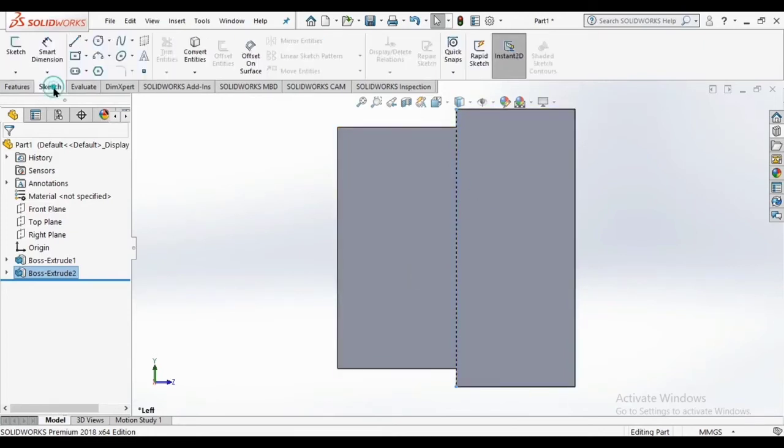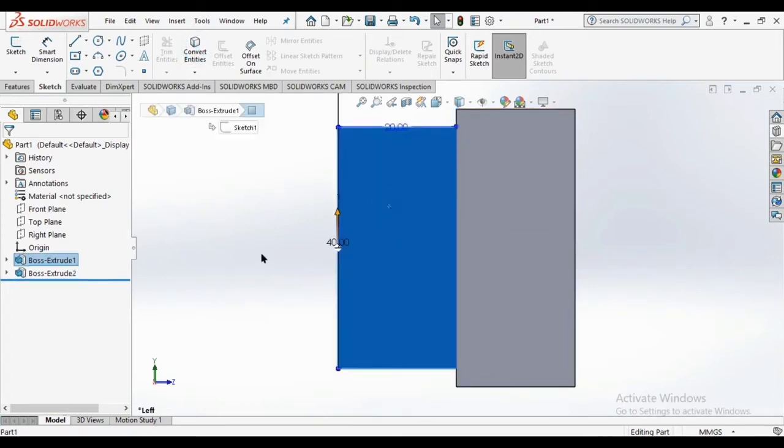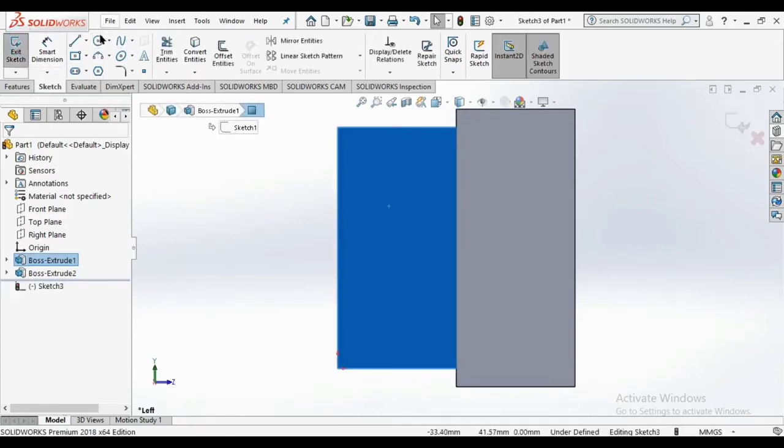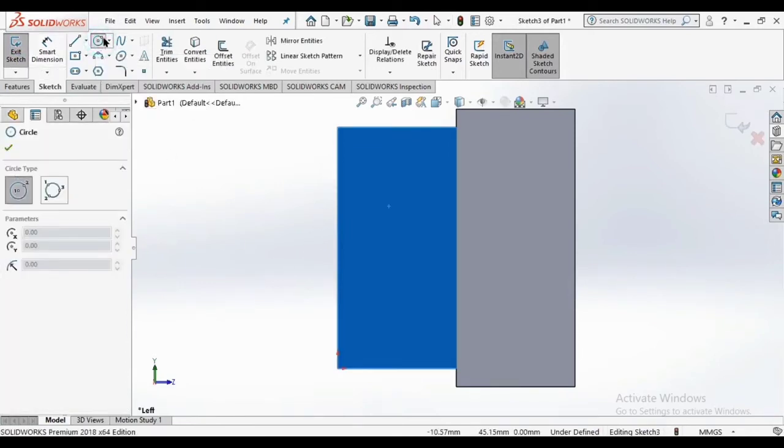For that, we have to go to sketch and click on convert entities. I choose this one, so it's converted. Click on sketch. Now I want to make a hole that may be a rectangle or circle, it's up to you.